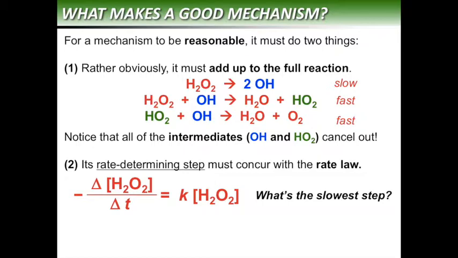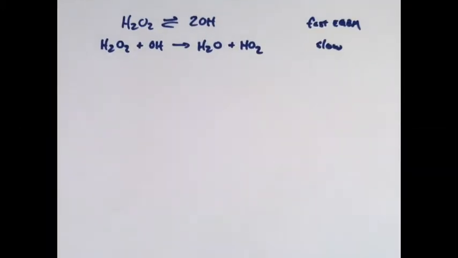To give you an idea of what this might look like if it was one of the other steps, I want to take you through something known as the steady state approximation, so that we can see how the rate law might look if, for instance, the second step was the slow one. In the event that the first step was, let's say, a fast equilibrium between H2O2 and OH, because we know if I make the OH, it's not going to last for terribly long. If we assume that's a fast equilibrium and that the second step is the one that goes slowly,